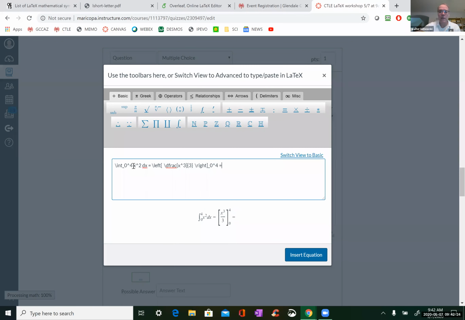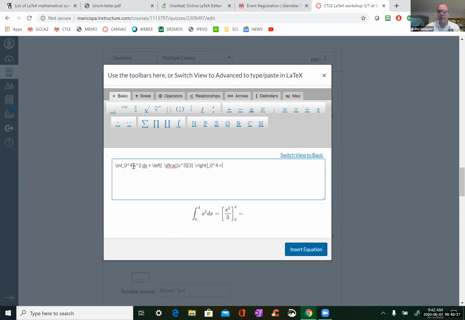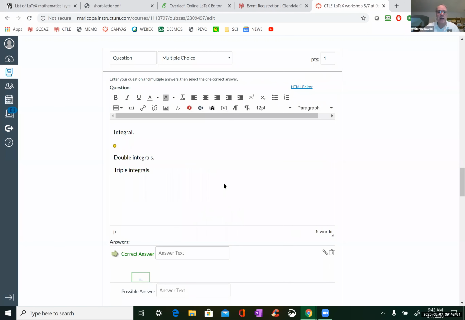Okay. And then, of course, evaluate from there. You can evaluate. We won't bother with it. But you can do it just like that. And of course, this is behaving just the way you'd like it. There is also a display style for integral, but it doesn't seem to be necessary in this case. It seems like it's just the right size, exactly the right size.